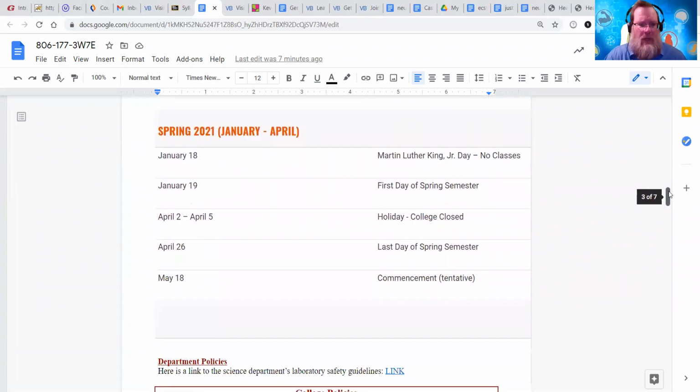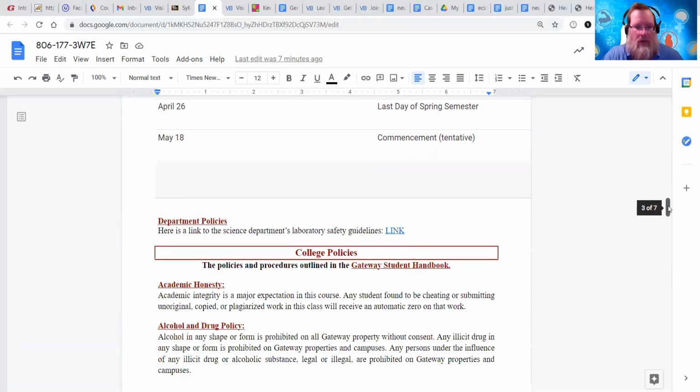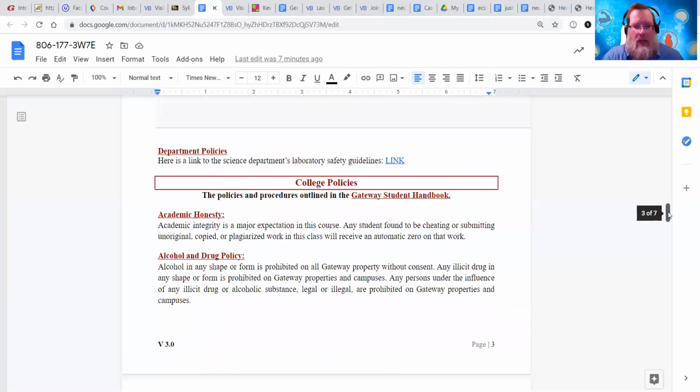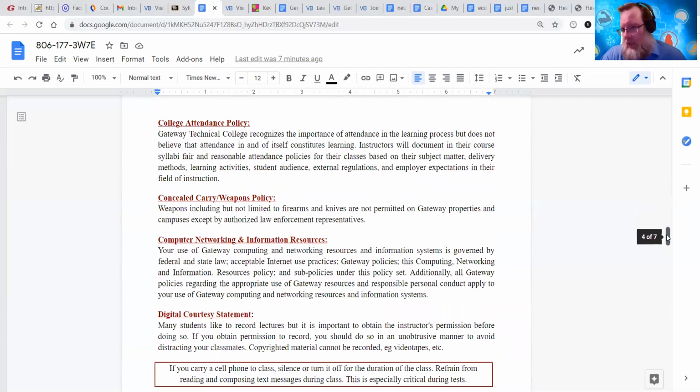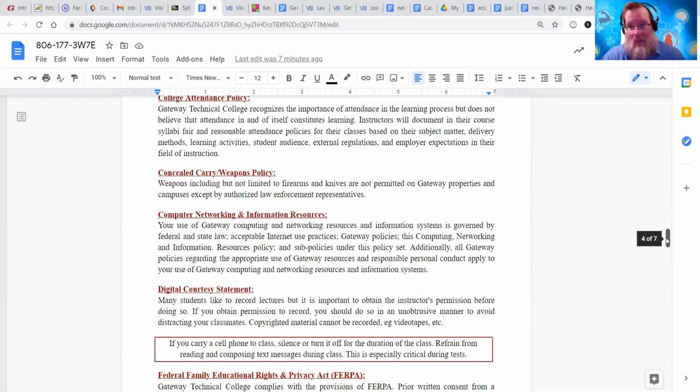So anyway, calendar, we don't really have anything. Again, we don't meet face to face. So generally, we're going to put the pedal to the metal right now and go all the way to the end of April. All right. And then again, the rest of this is college policies on academic honesty, attendance, weapons, stuff that